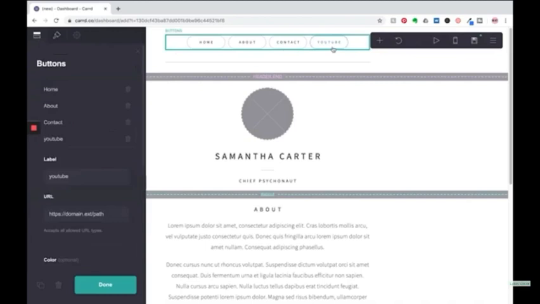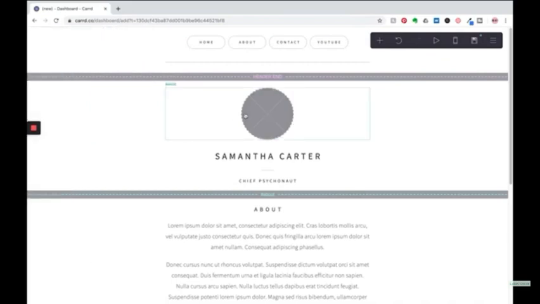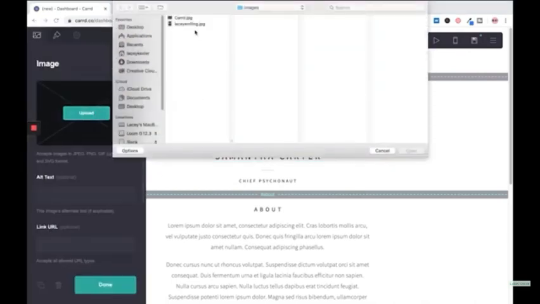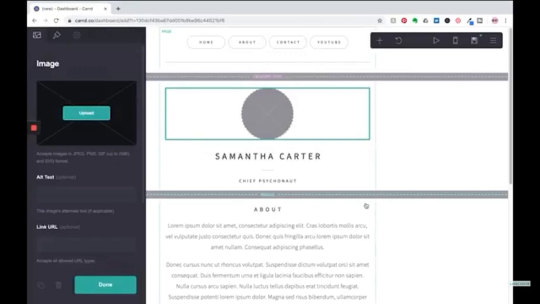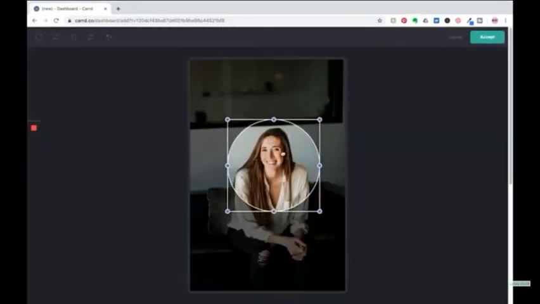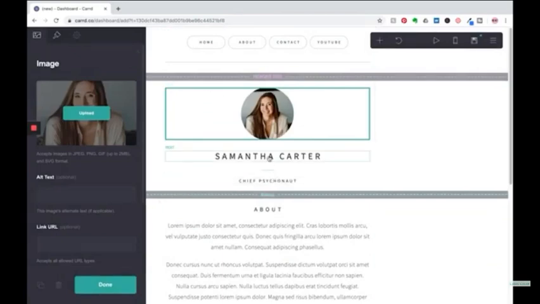So then we have this created up here, and then we're going to go down and we're going to add an image, and I'm going to pull in my image. I'm going to straighten that a little bit, and then